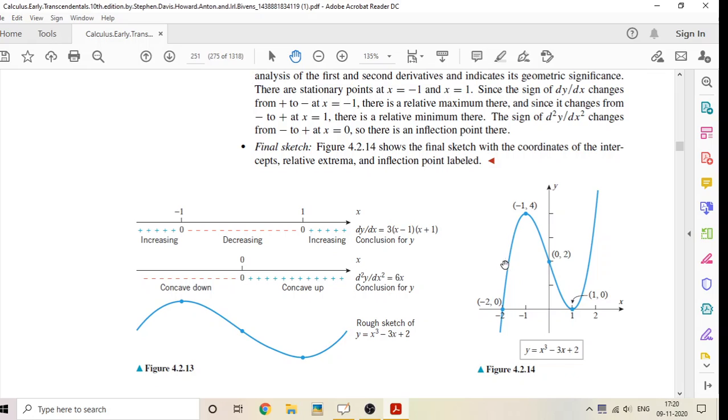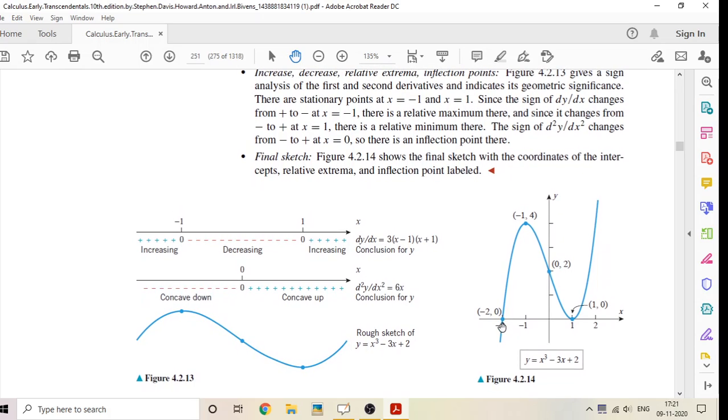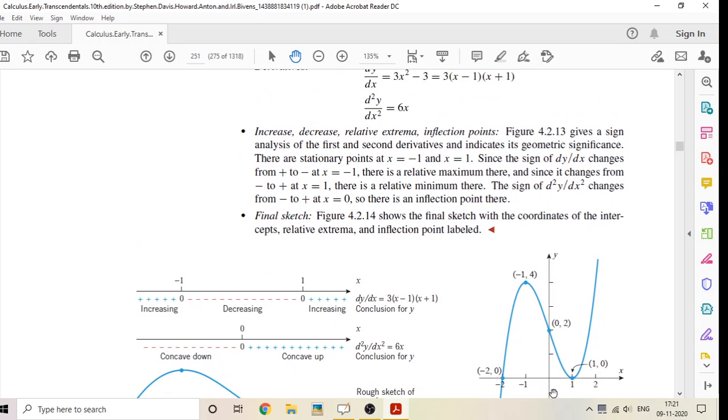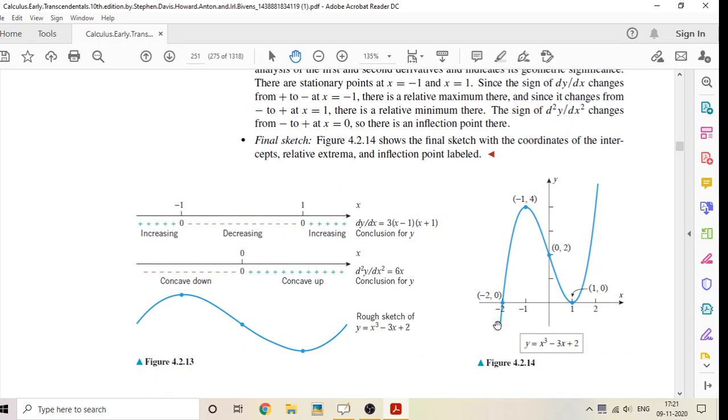ഓക്കെ, അപ്പം as x increases, x tends to -infinity, f of x goes to -infinity. അപ്പോൾ വാല്യൂ താഴേക്കായിരിക്കും പോവുക. സോ ഇത് താഴേക്കായിരിക്കും പോവുക. ഇനി അതുപോലെ when you take -1 and 1, so -infinity to -1 ഇൻക്രീസിങ് ആയിരിക്കും, and -1 to 1 ഡിക്രീസിങ് ആയിരിക്കും, and 1 to infinity it will be again increasing,